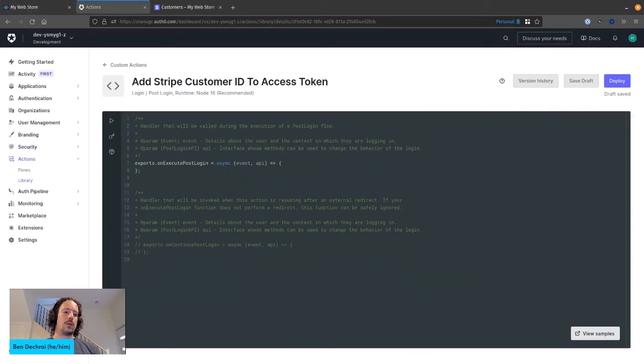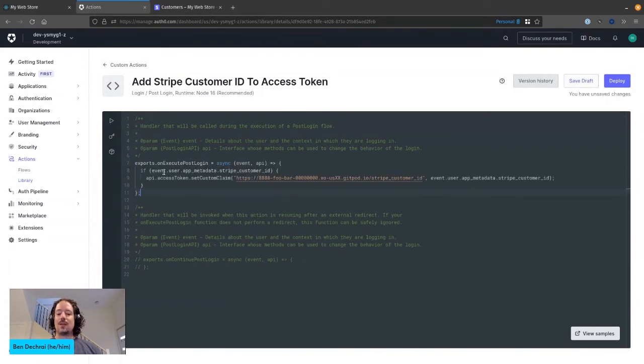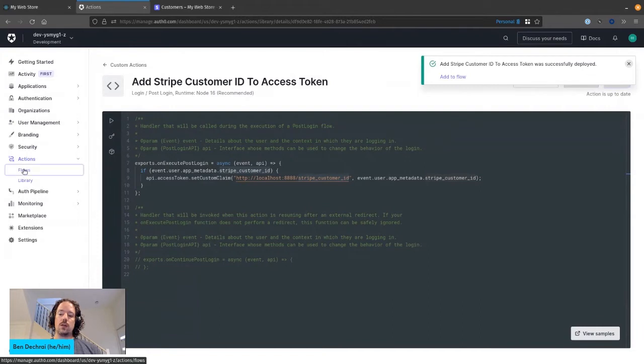And this one is a little simpler. I'm still going to copy and paste it though, because typing while doing a demo usually invariably means you're going to put an error in, and I don't want any errors. So this one's really simple. Basically, we're going to that app metadata information again, and we're saying grab the Stripe customer ID out. If it exists, we're going to create this custom claim. So I'm just going to change this to be localhost 8888, because when you add a custom claim, the convention is to use the domain of the system you're calling. So I want to add Stripe customer ID in, and we're going to add this Stripe customer ID from the user app metadata. So if I deploy this,